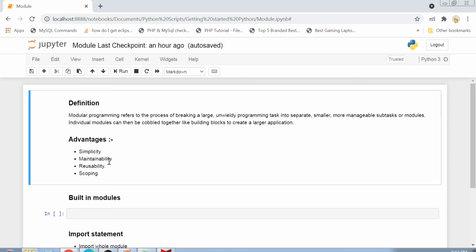Reusability. I guess I have explained reusability in my previous videos on functions, classes and objects, and inheritance. Reusability is such an important concept, because let's suppose you created a banking application, right? And you created a small module for doing online payments. Now, can you imagine all the places where you can use that small module?